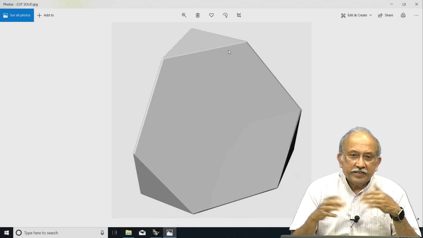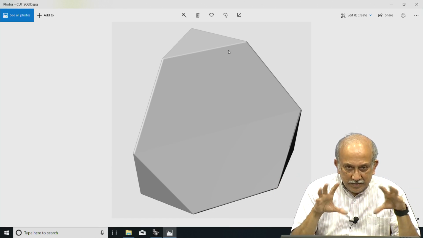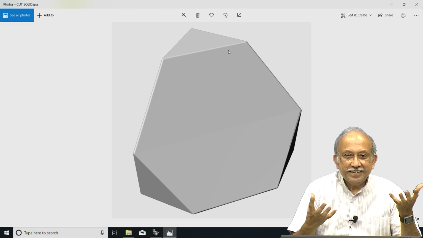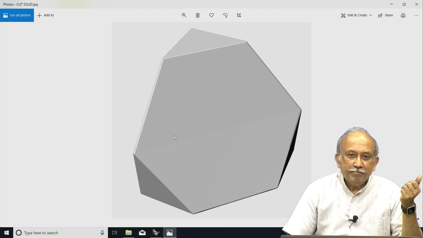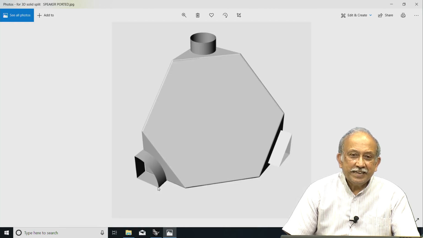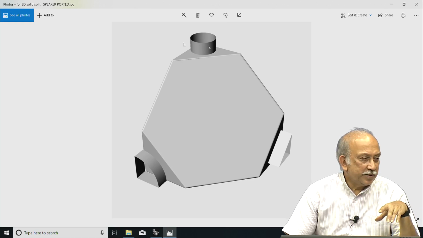I will now go around looking around for a two-way speaker system, and to make it convenient, I will see whether I can have a baffle ported enclosure. So, what you saw there was my earliest attempt at a baffled ported enclosure. On top we have a circular port.